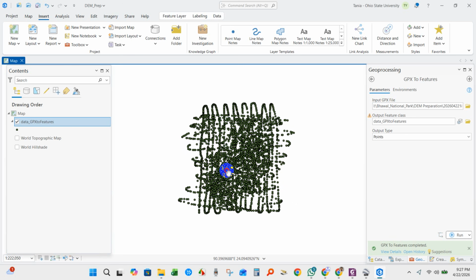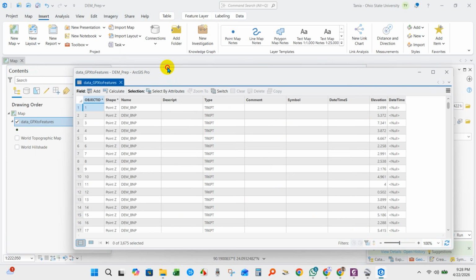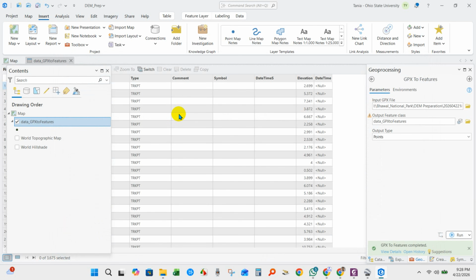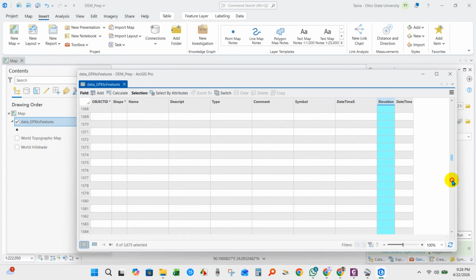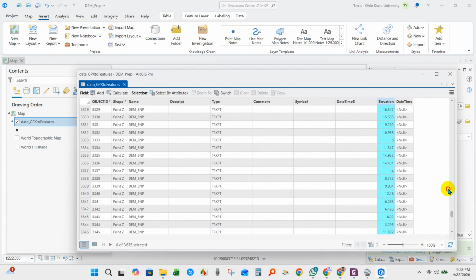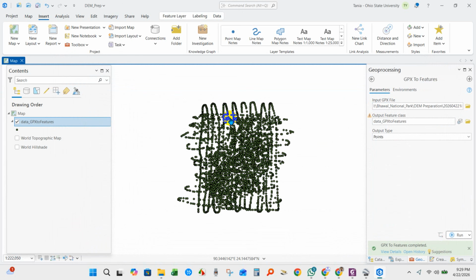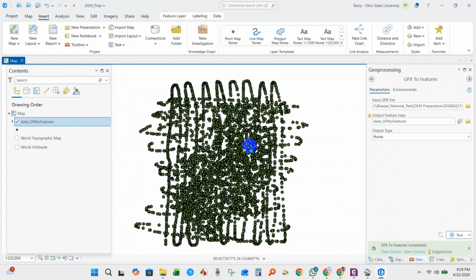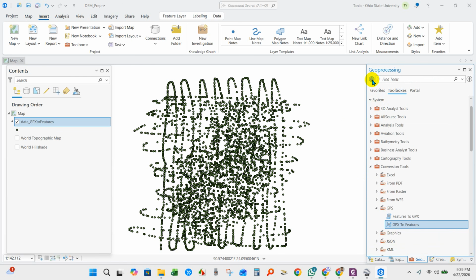And if you go to attribute table, then you can see the elevation for each point. And